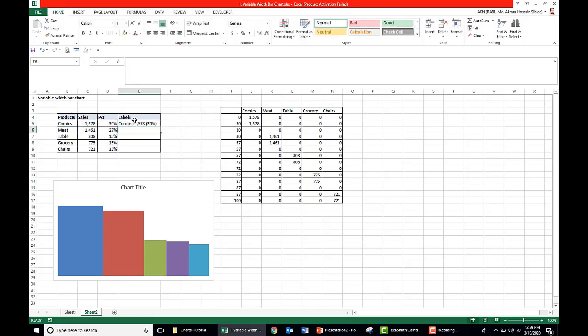So now you see we create a custom label here to place on each bar.